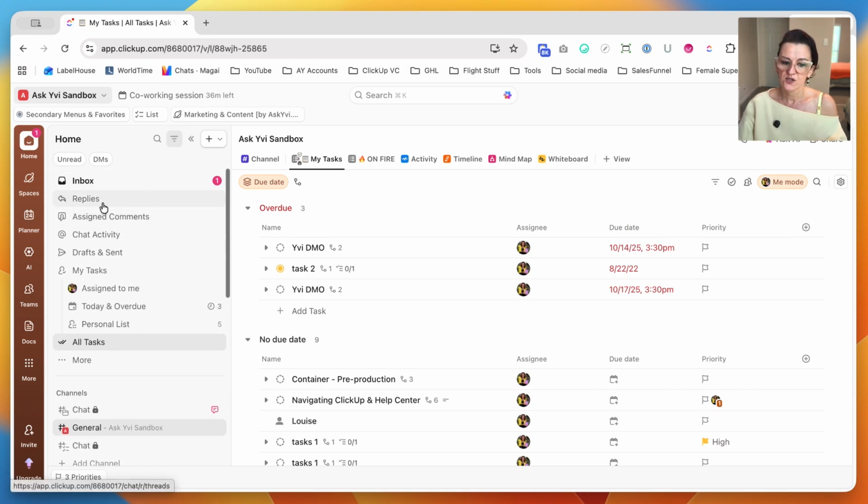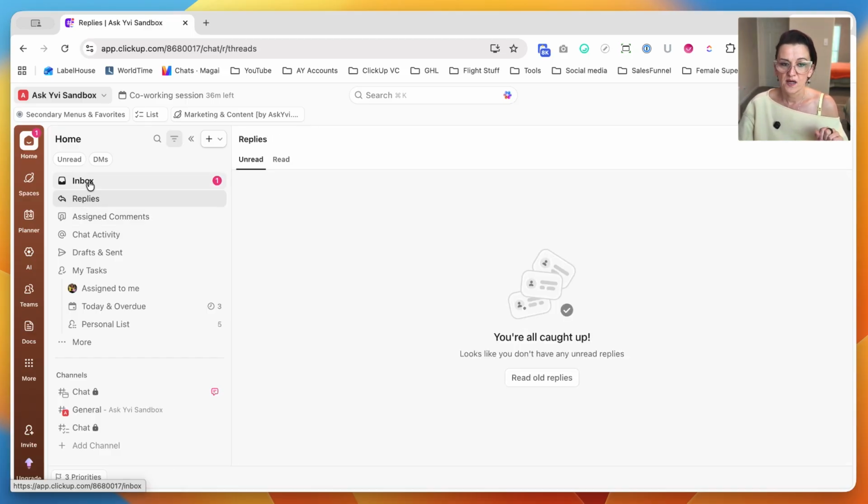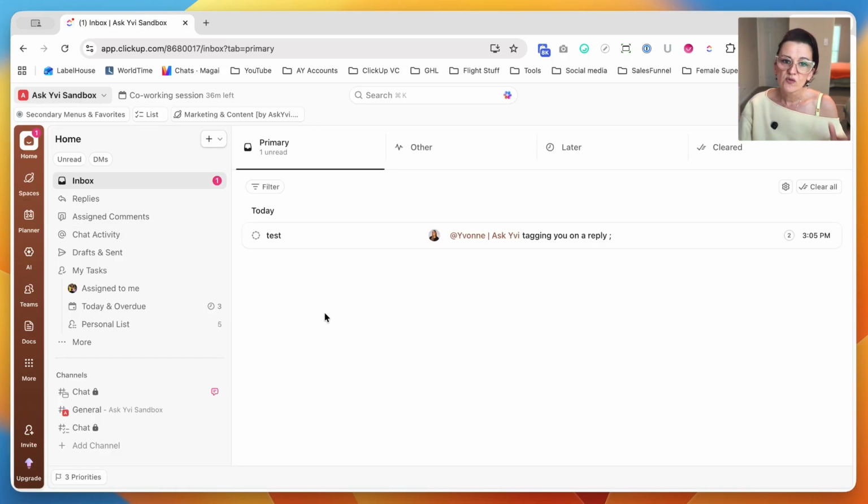To reiterate how we start our day in ClickUp. Open your Home section, come directly into your Home, clear your assigned comments, check your replies and reply to that. Do a run through your inbox and then go into your My Tasks, however specifically you are handling them, to get your work done. If you follow this consistently, you'll stay on top of your workload and help keep everyone